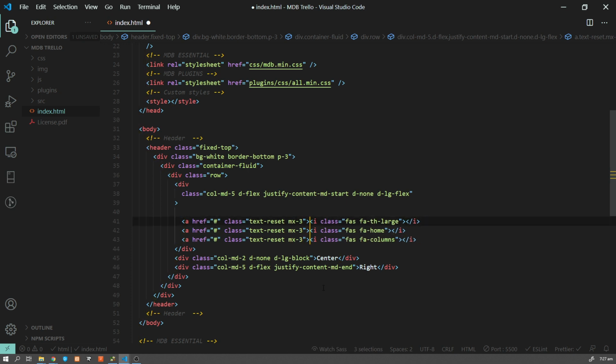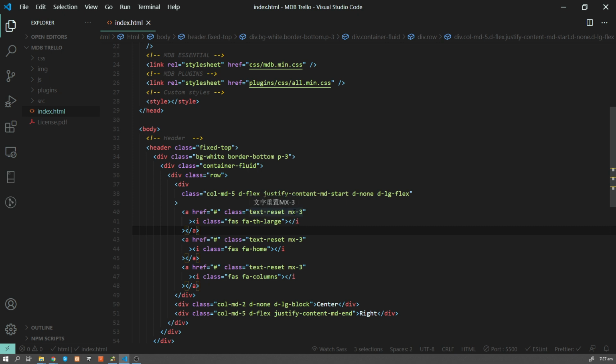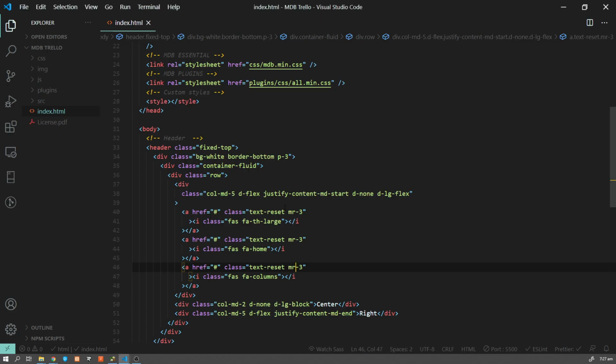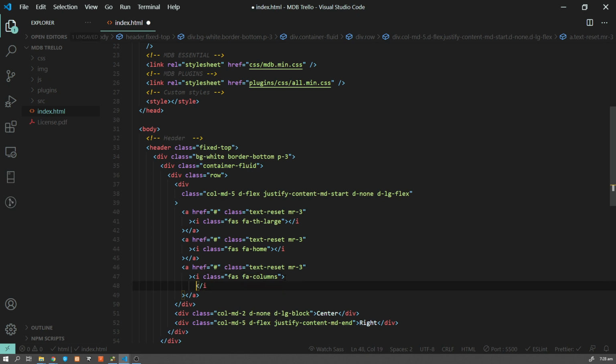Okay, let's get this one over here. Okay, it's too big. Let's change it to something. Okay, we didn't want to have margins in both directions, just to the right. Okay, and now I also want to add here some span